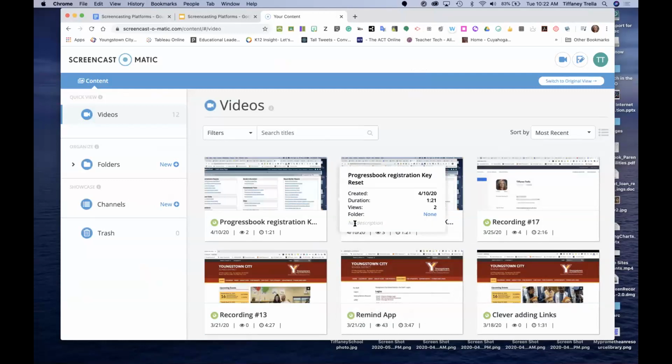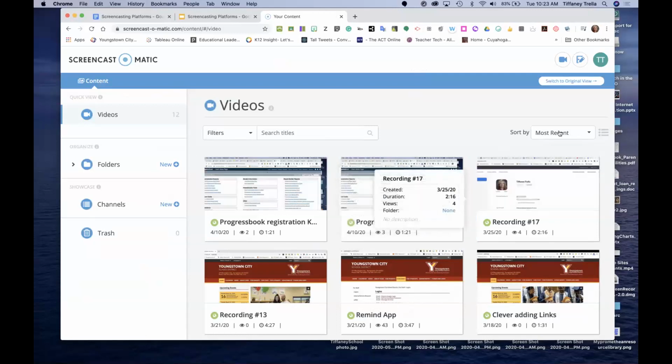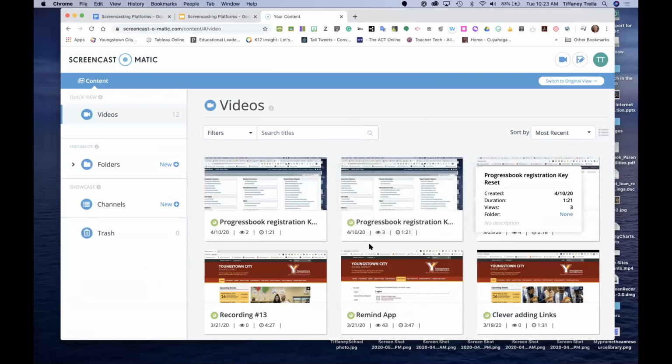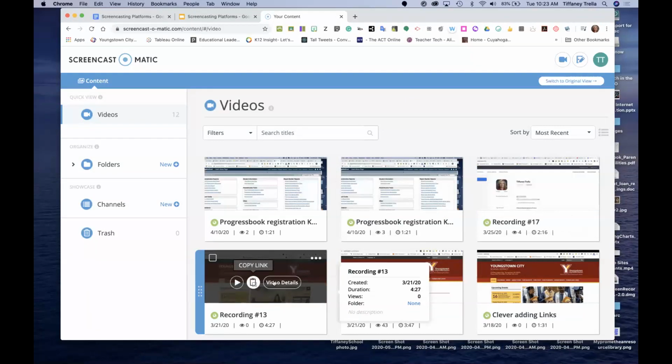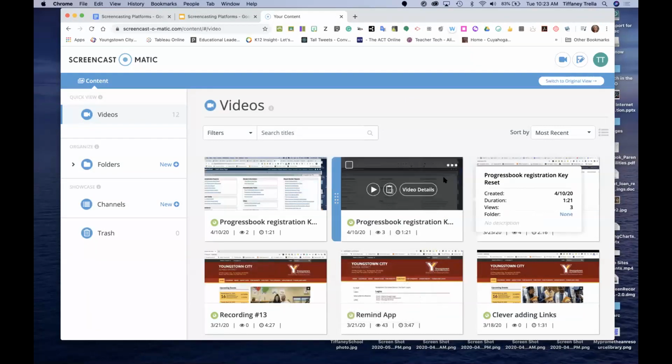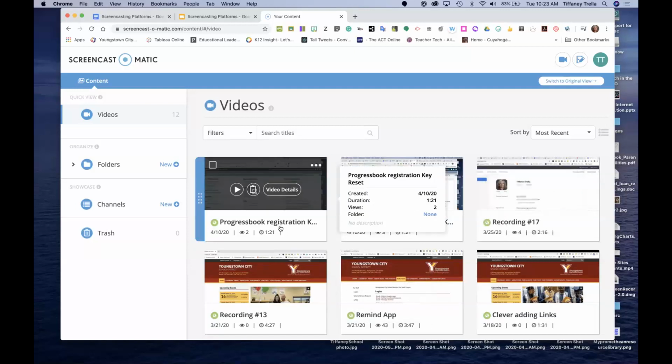Now these are recordings that I have done on Screencast-O-Matic that I've decided to save there. Most of the editing that I do, I upload after I'm done directly to YouTube. I don't save it in Screencast-O-Matic because I wouldn't need 2 copies in different places. But what's really nice is that I did registration keys for some of the people. I can share this video so it's not on YouTube, only with myself. And you can see I only shared it with 2 people that could see how to create the registration keys for those people that are Progress Book